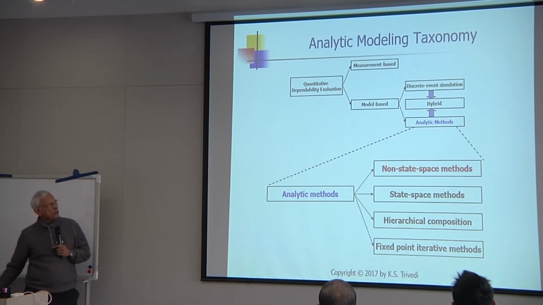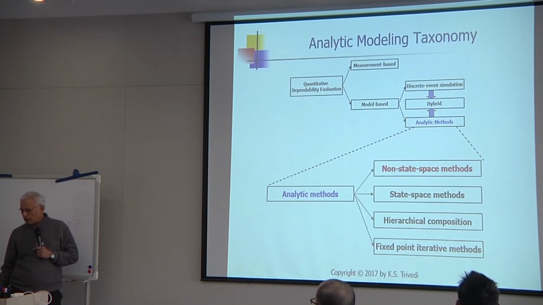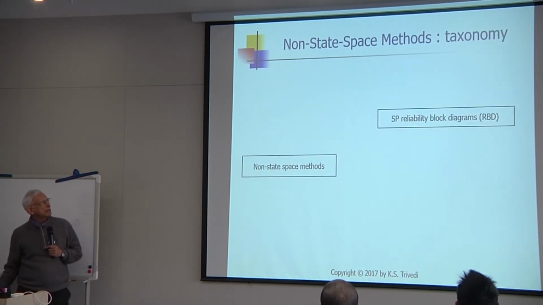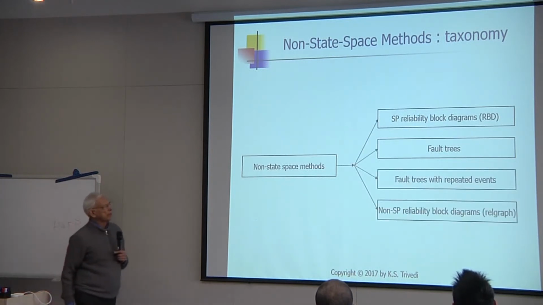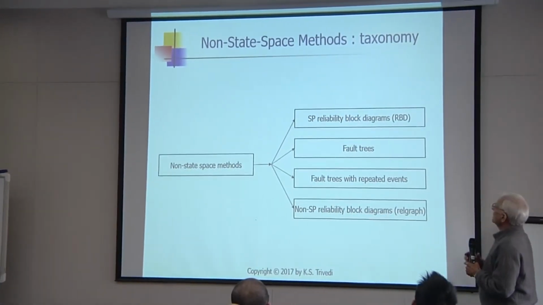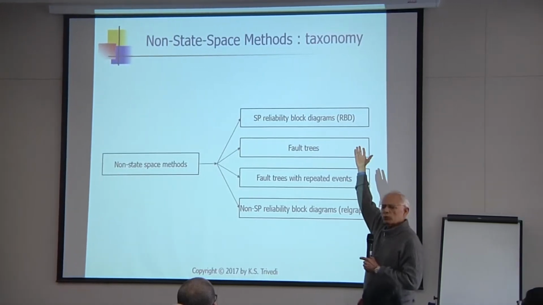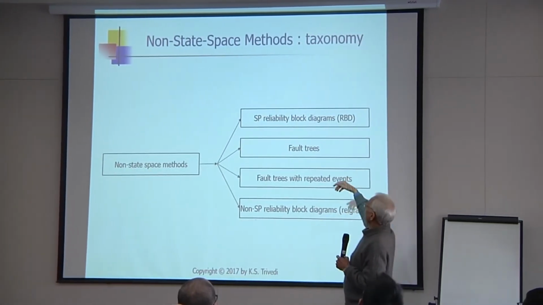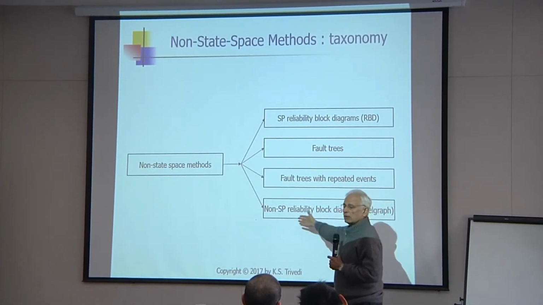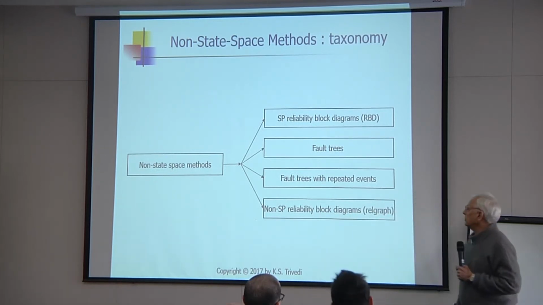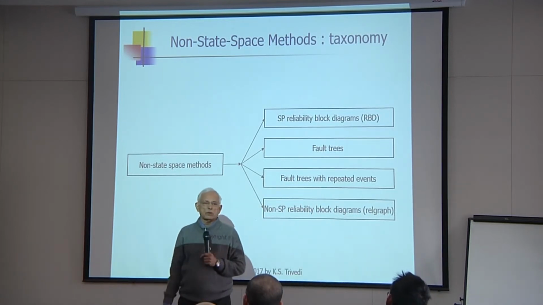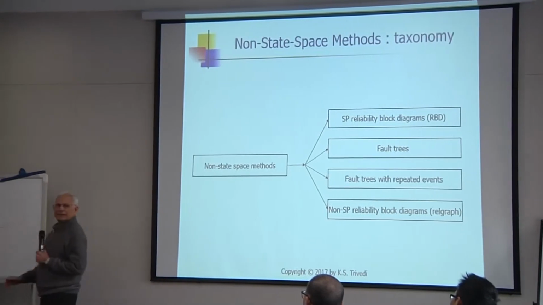So first, the non-state space type methods in the context of reliability and availability. If I look at what people use among non-state space methods, they can be seen as 4 different model types or solution types. The simplest one is the reliability block diagram that most people are usually familiar with. And then the more complex one is a fault tree that you may not be familiar with. And an even more interesting one is what is called the non-series-parallel reliability block diagram, or reliability graph. In each of these I have real examples. So I don't talk about just theory,